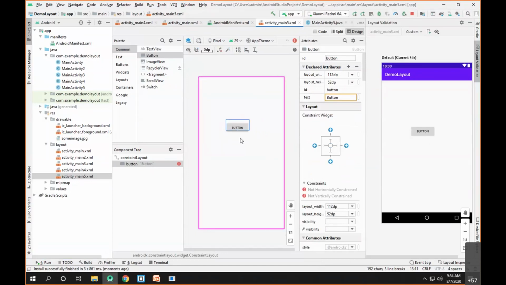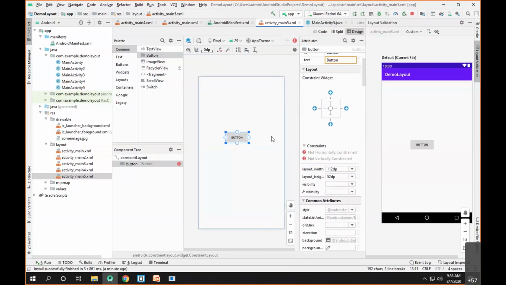Now the most important thing that we are supposed to show here is, if I click on this button, what I can see here is the constraint widget. For this particular constraint widget, we have different symbols here. First of all, let me show the symbols for the horizontal manner. We'll click here. You can see this particular symbol denotes match constraints. When I click on this, the inward arrows show it is wrap content, and if I set this, it basically shows the fixed width.